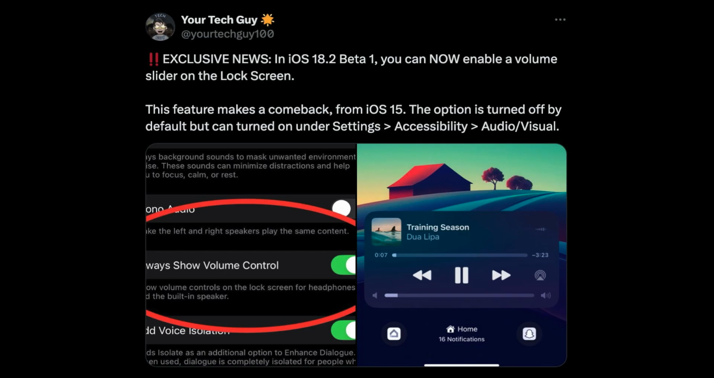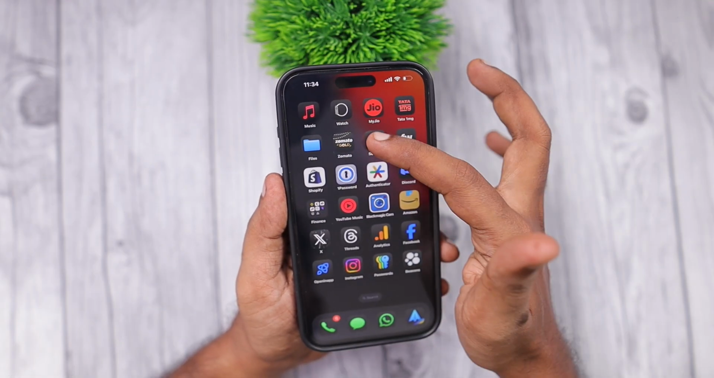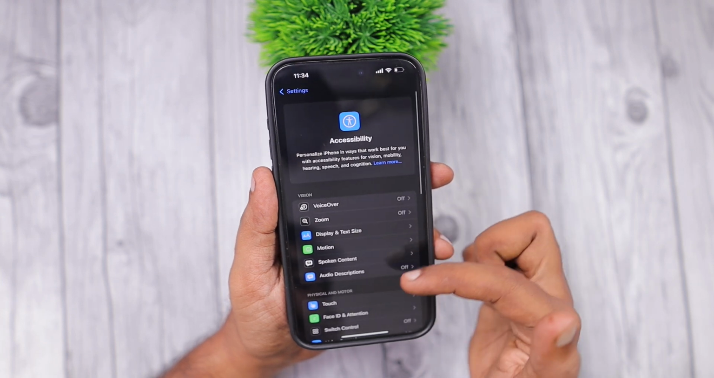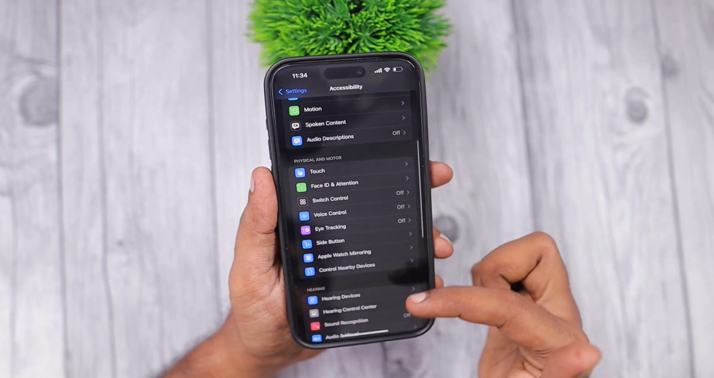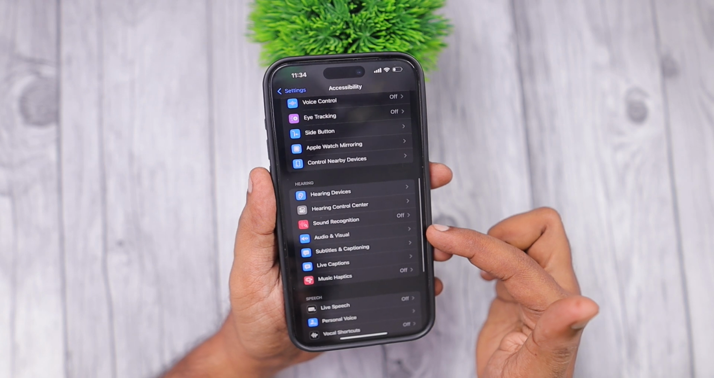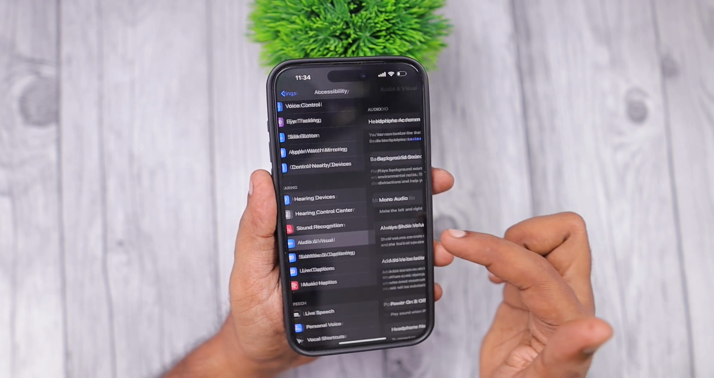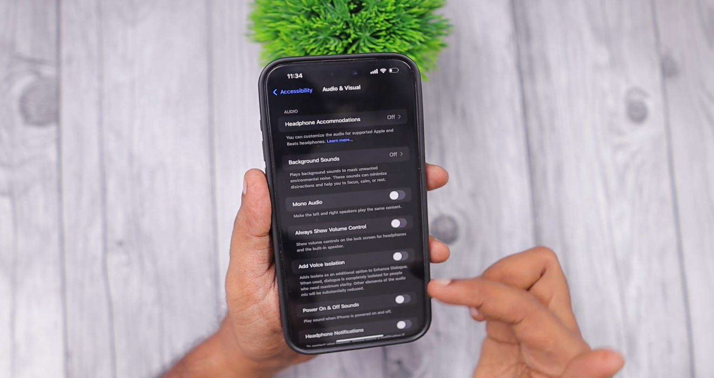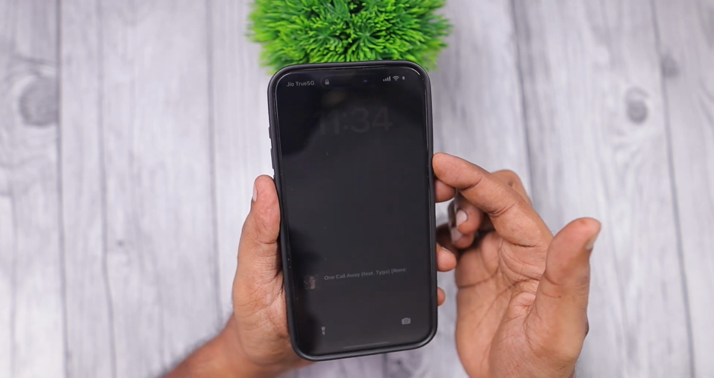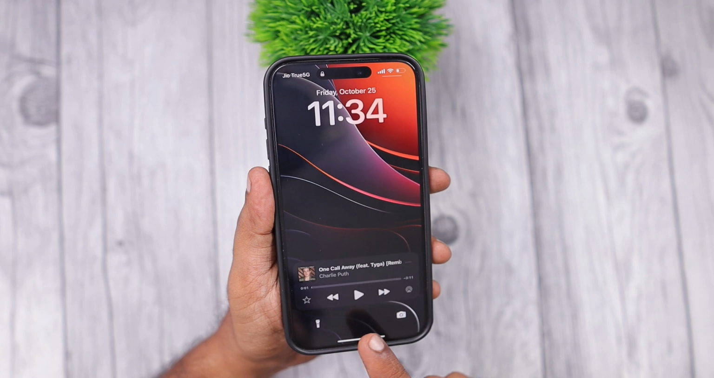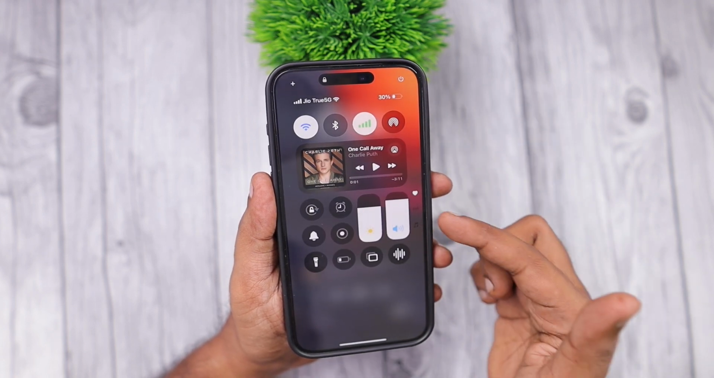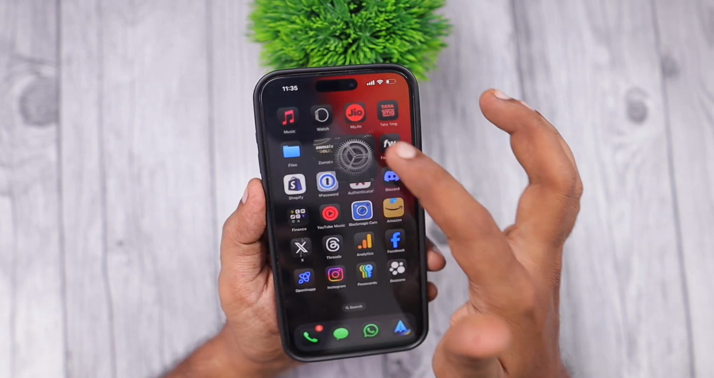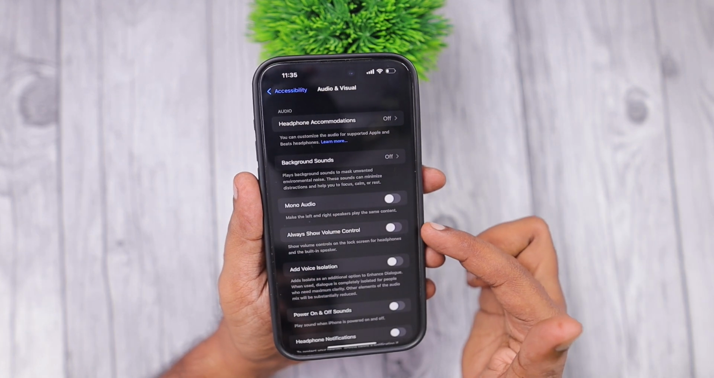Added to this, we will also see one more audio related change that Apple have made with iOS 18.2. Navigate inside Settings, Accessibility, and then go inside Audio and Visual to access the new toggle setting that is Always Show Volume Control. When you have enabled that feature, you will see the volume control bar on the music player widget on the lock screen. If it is disabled, then you will not see the volume control bar on the music player widget. You have to manually adjust the volume from the Control Center or using the volume rocker buttons on the left